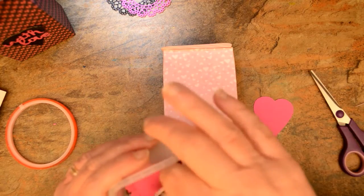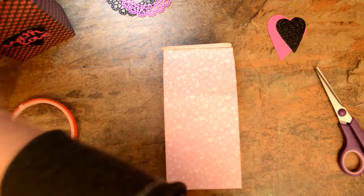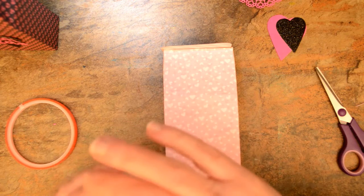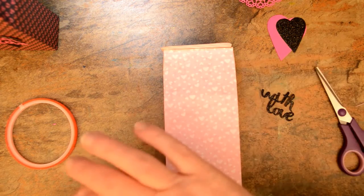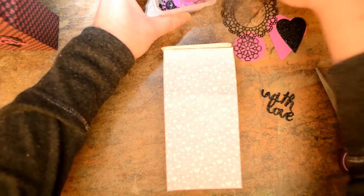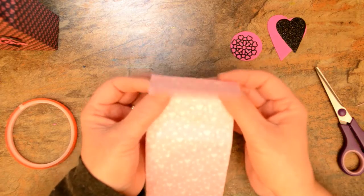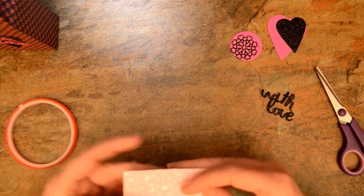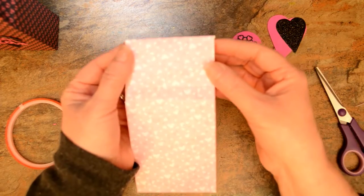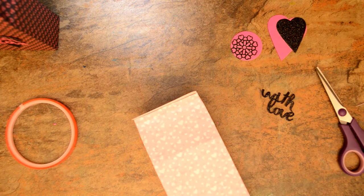So all I've got is these. I've cut out some hearts and things like that, and with loves. Let me see. There's my with love. And that's the top for there. So I'm doing nice bold pinks. And these are just dyes that I've got in my stash again. Like I say, if you wanted to, you could just put a ribbon around there, a closure around there if you wanted to. Okay, but what I'm going to do is, and I've just realised I might use a different one,